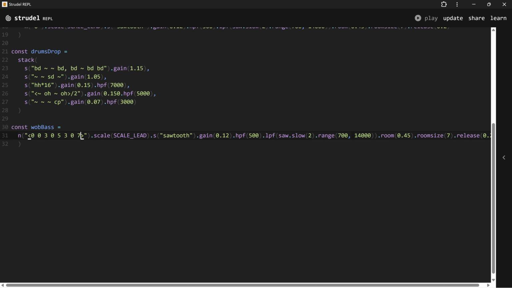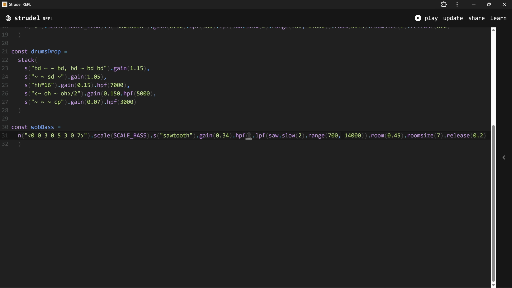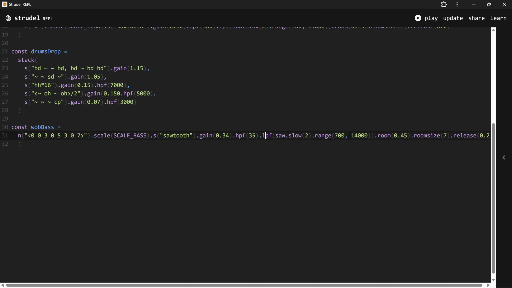And after that, we want it to be as it is, a base scale of base constant. And after that, we want the same sawtooth with more gain of 0.34 and high pass filter at 35 and low pass filter it would be